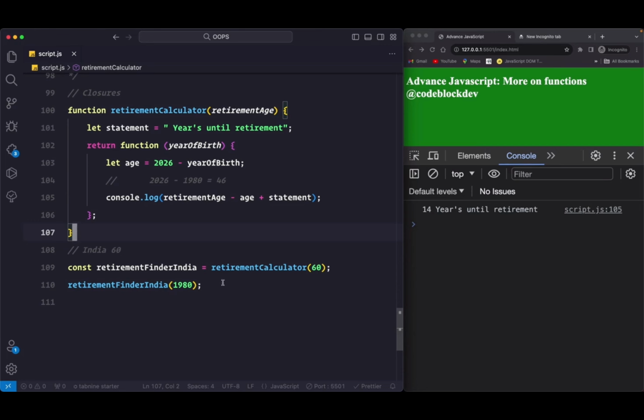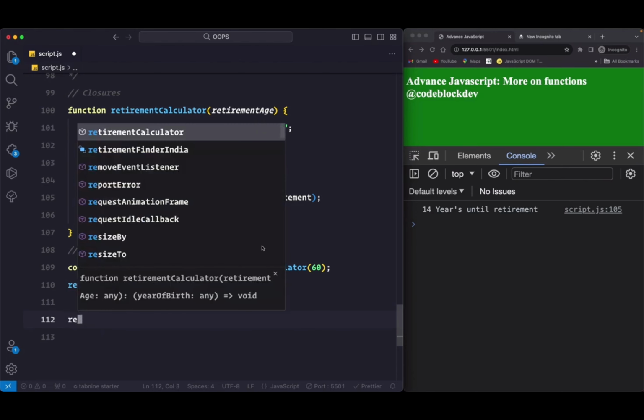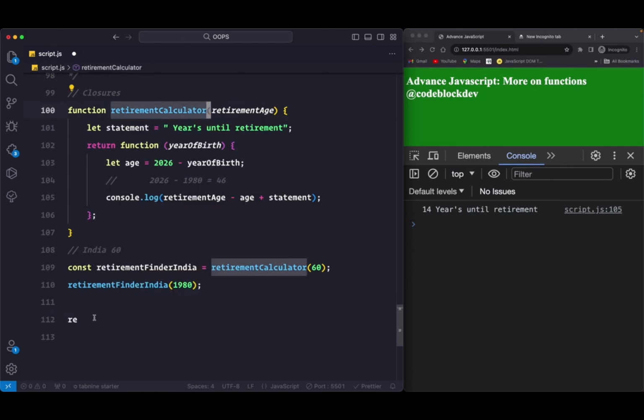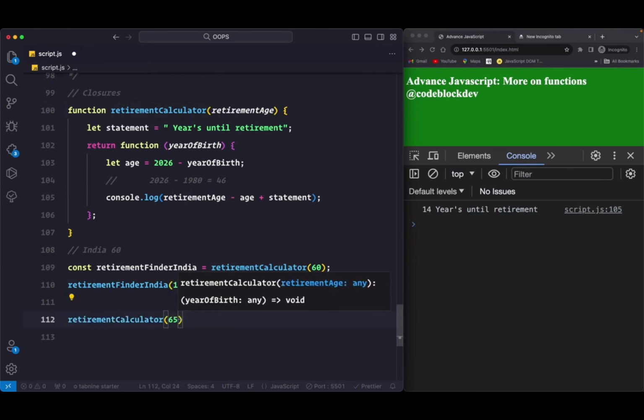to retire. Now if you want to find the retirement age for US, let's say that in US it is 65 years, then you can retire. Okay, you have to do service for 65 years and then you can retire. So again, you can call this retirement calculator. Let's copy this again. Okay, and then here you can pass 65, and now you know that this entire function